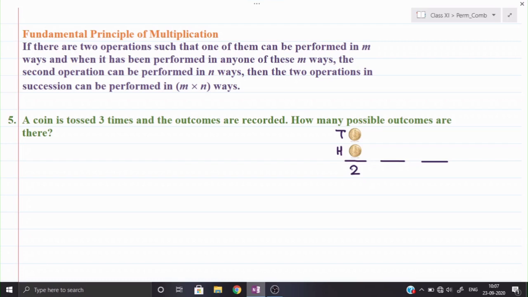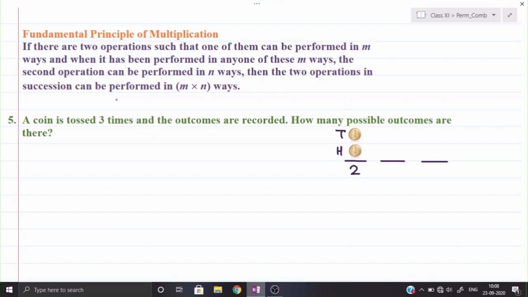Once again I explain, please listen carefully. Whatever explanation I have given up till now, it is making the solution complete. Only 1 or 2 things are remaining. Once again, what I said, a coin is tossed 3 times. So don't think that you are taking one coin, tossing it, again one coin, tossing it, and again tossing the coin once more. Here in this question we shall do it in this manner, that we are tossing the 3 coins together. Now you may ask, how can one person toss 3 coins? So think of 3 different persons standing.